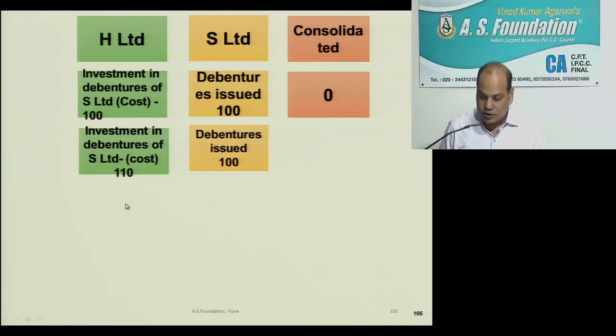They may give you this. Now here some rectification will be required. Investment in debenture of S Limited 110. So from the asset side I will remove 110. But the face value of the debenture is 100 only. Then why is it 110? Because they may have purchased it from the market, for example, and in the market the rate was high. You have solved one debenture chapter also in your life. Yes or no? Had you not purchased some debentures at above face value and some below face value? Yes.